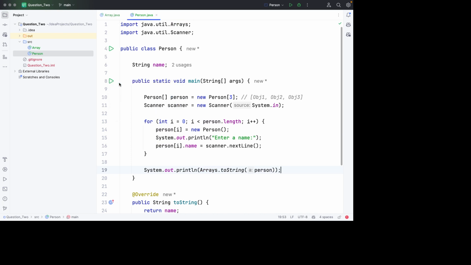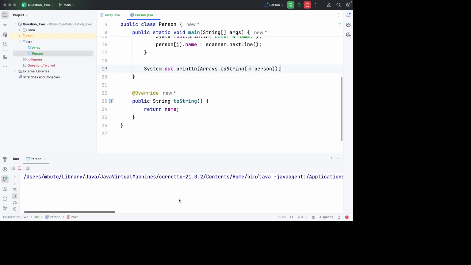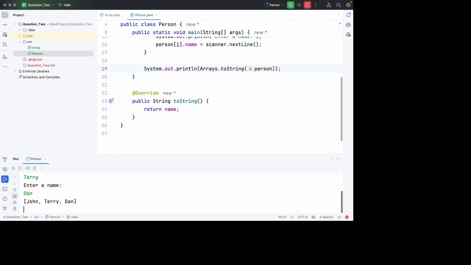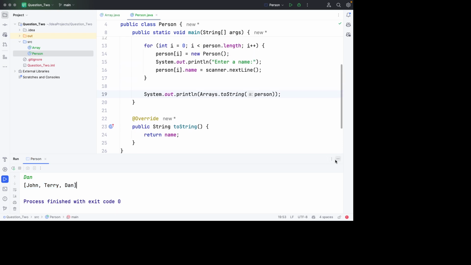So let's run this one more time, and we should get the names listed out nicely in an array. So the first is John, Terry, and Dan. Then we get the array printed out like this: John, Terry, and Dan. Okay,